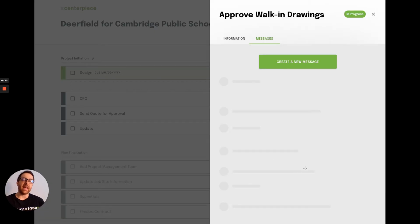The last piece is that every task has a standard and open messaging system attached to it that allows project management teams to more effectively coordinate with key project stakeholders. I'm going to walk through 2 use cases for this system. The first is the approval of drawings, and so in this case it's approving a set of walk-in